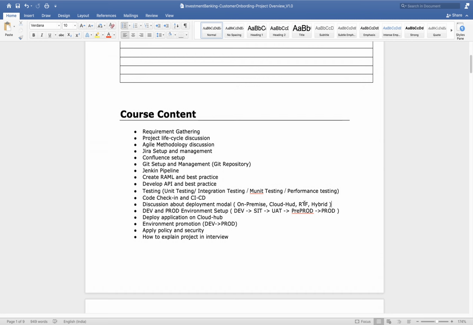Next, environment. Whenever you join any project, most clients use this many environments. Whenever you develop your code, it will go to the dev environment.